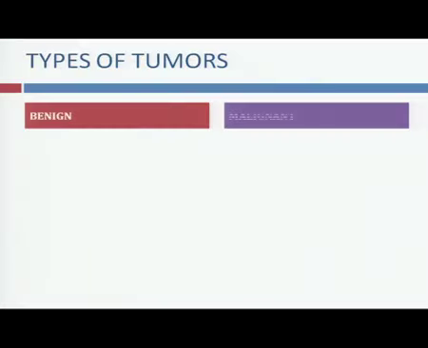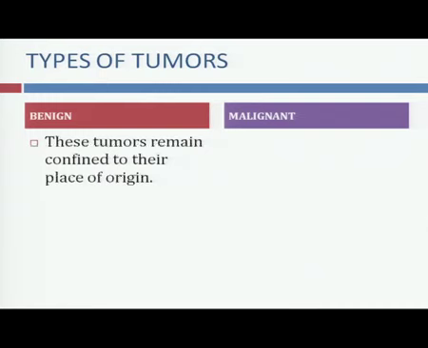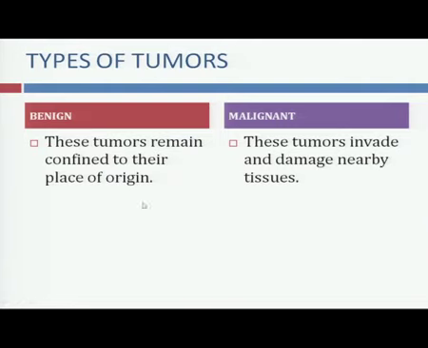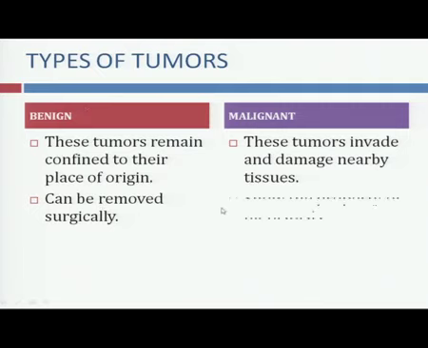Tumors can be of different types, benign and malignant. Benign tumors are those which remain confined to their place of origin, while malignant tumors invade and damage the nearby tissues. So, which one would be more dangerous? Obviously, benign tumors are comparatively easier to remove by surgery. On the other hand, it is very difficult to remove malignant tumors because they show the property of metastasis,